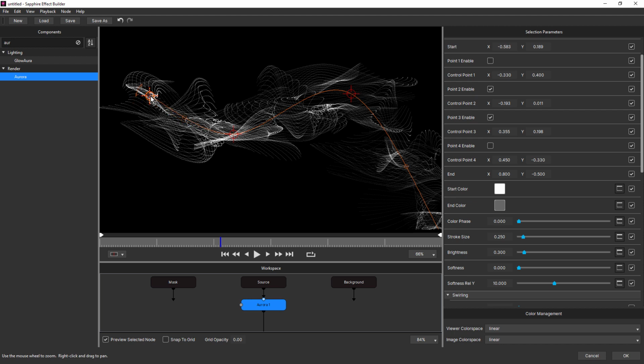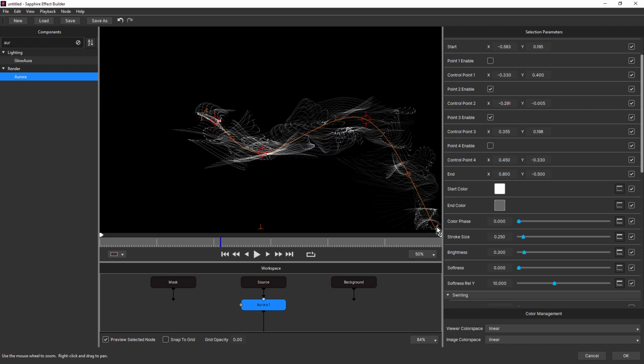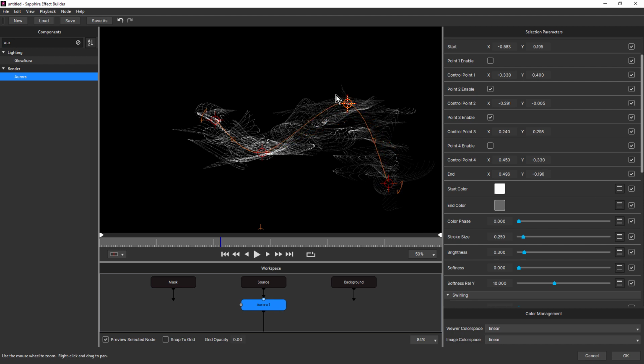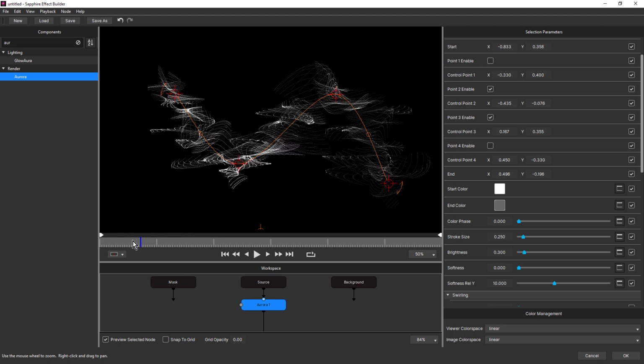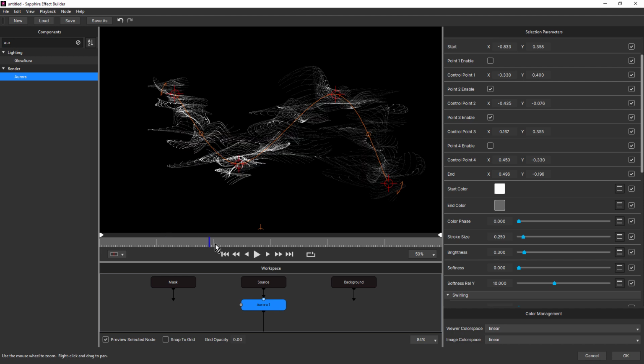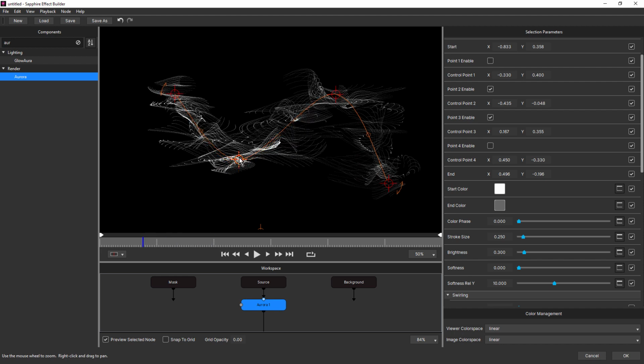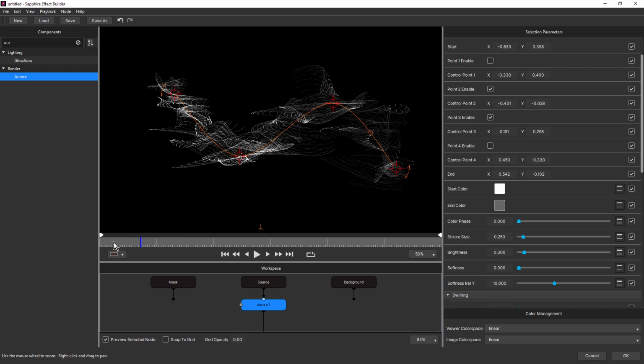That was added in 2022.5. And feel free to follow exactly what I'm doing, but you don't have to. So maybe something like that.